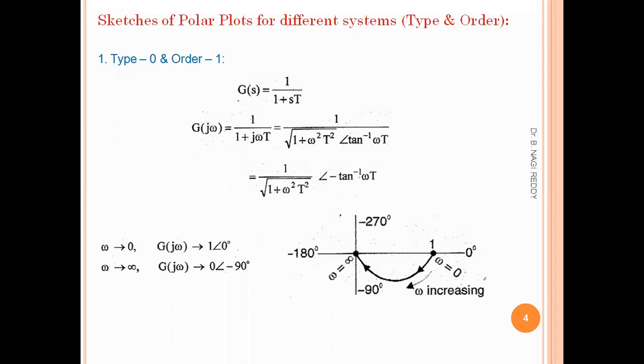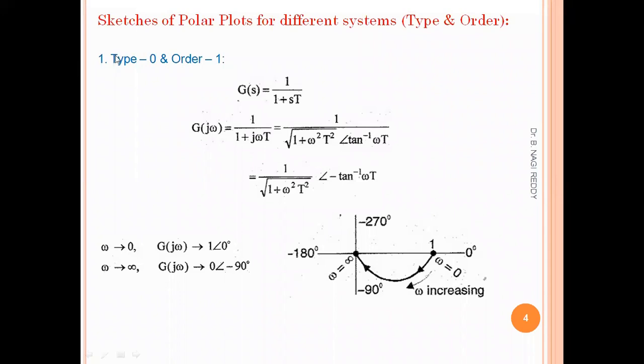this section. So here, a total of 7 cases has been taken, and those 7 cases can be calculated in the same way and can be drawn in the same way. Very, very simple and easy to draw. Okay, let's see here. The first case is a type 0 and order 1 system. We know what the type of the system is and what the order of the system is.